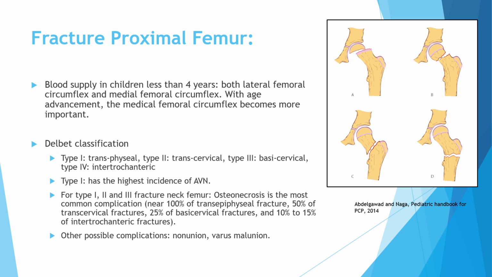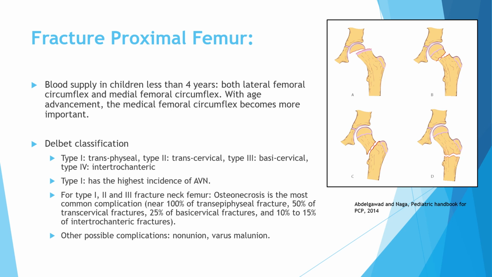The Delbet classification of the proximal femoral fracture. This picture is from my book with Dr. Naga in Pediatric Orthopedics. Type 1 happens through the growth plate. Type 2 happens through the neck. Type 3 is basal neck, and type 4 is intertrochanteric. And the more you go from type 1 to 4, the less the incidence of avascular necrosis. So this type has like a near 100% of avascular necrosis in the transepiphyseal one,